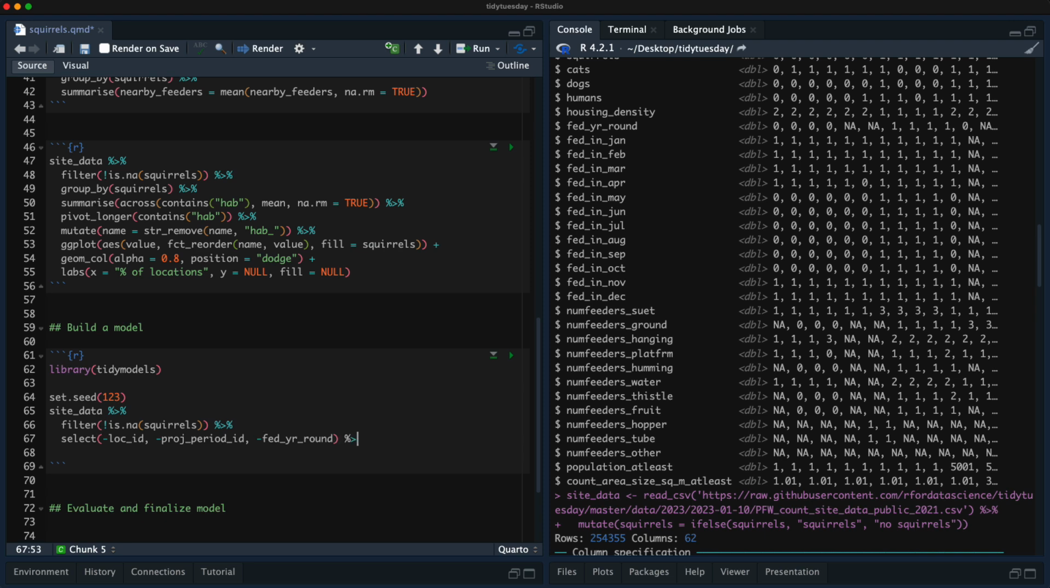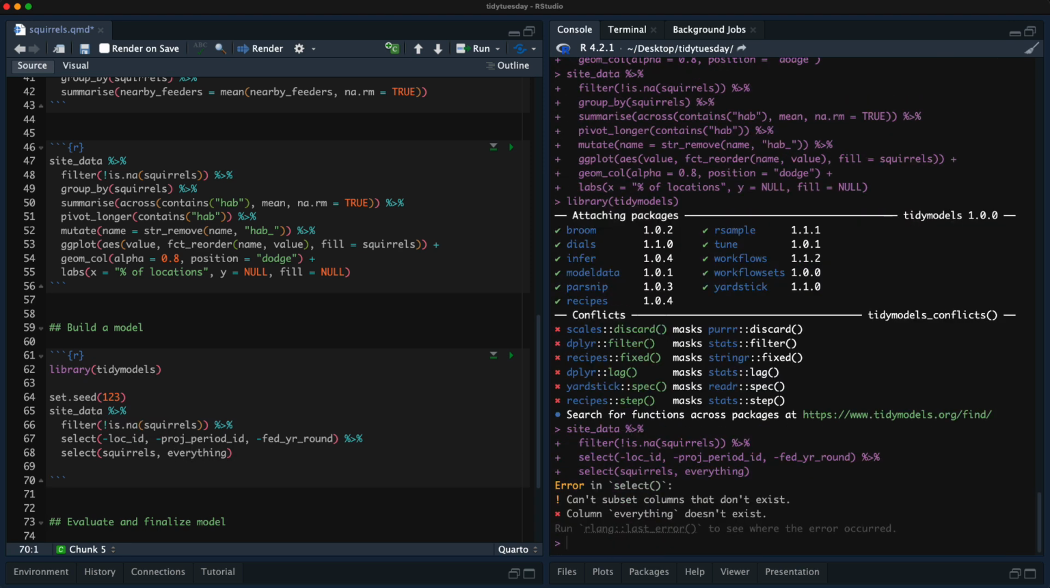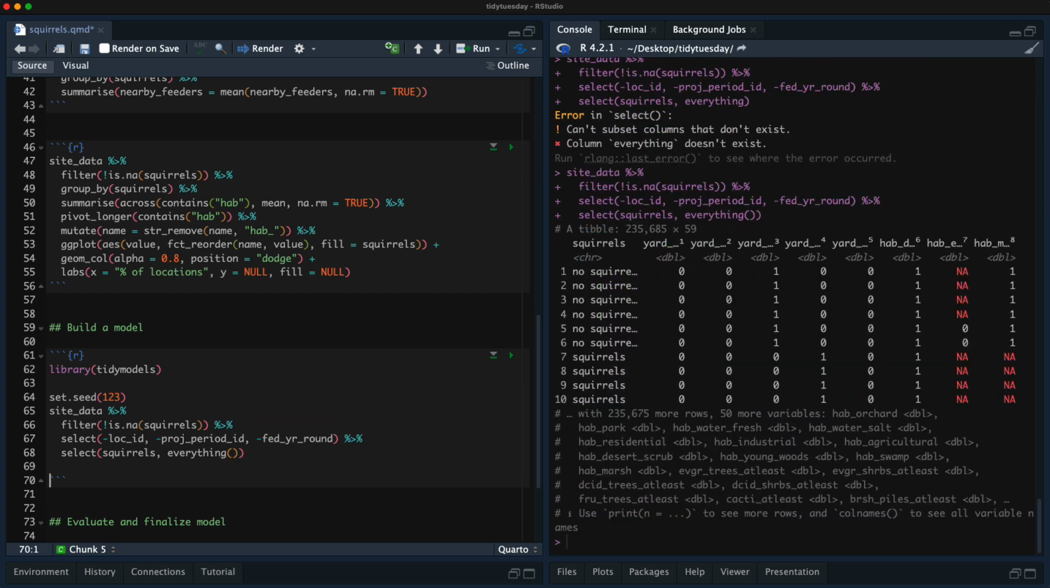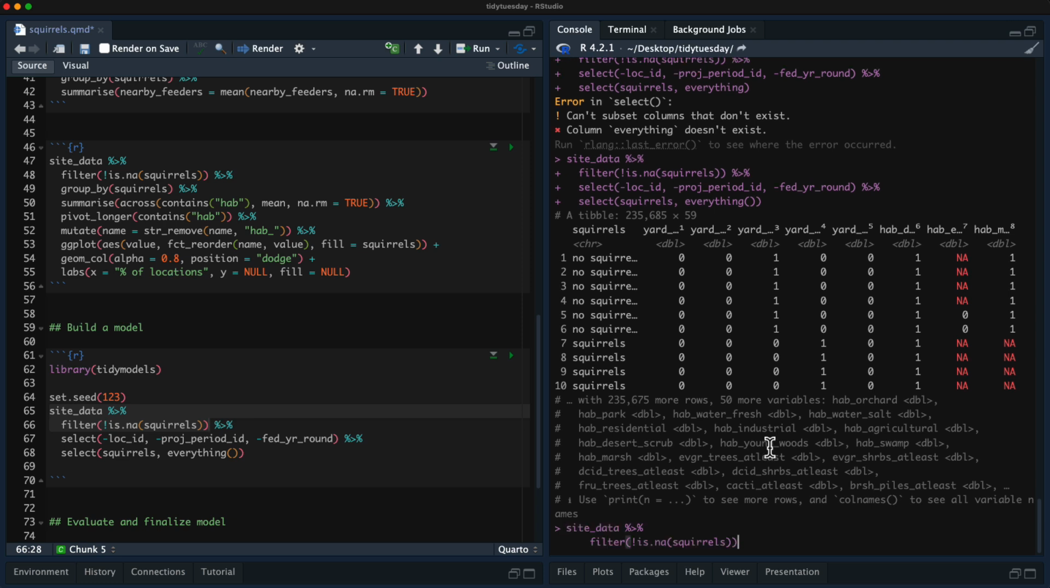What happens if we do select squirrels and then everything else? So, whoops, everything is a function. There we go. Okay. Look at all these NAs. Are there any that are all NA, I wonder? Let's say, especially once we take out things that have no NA for squirrels, let's say